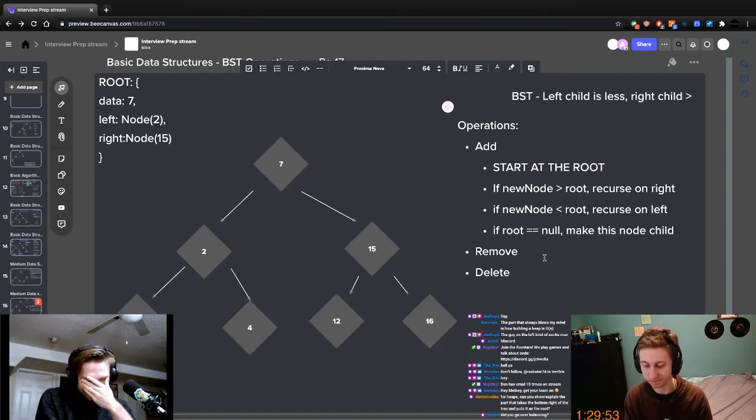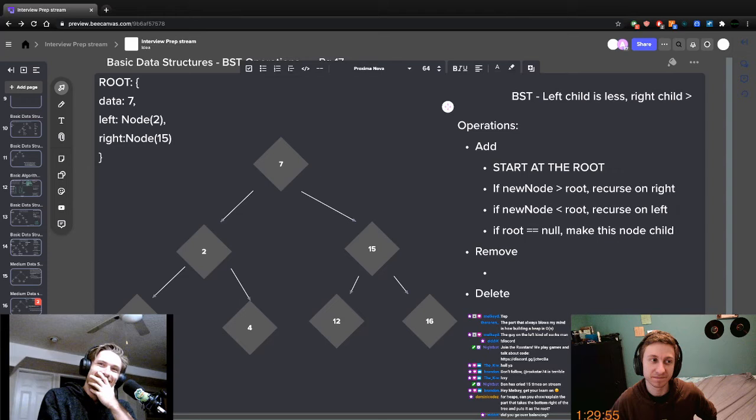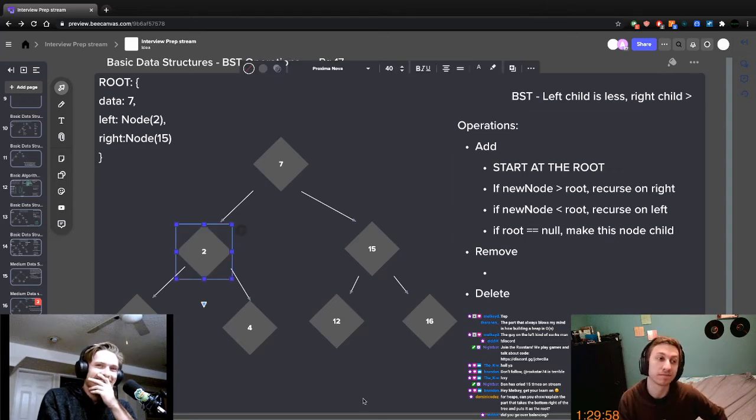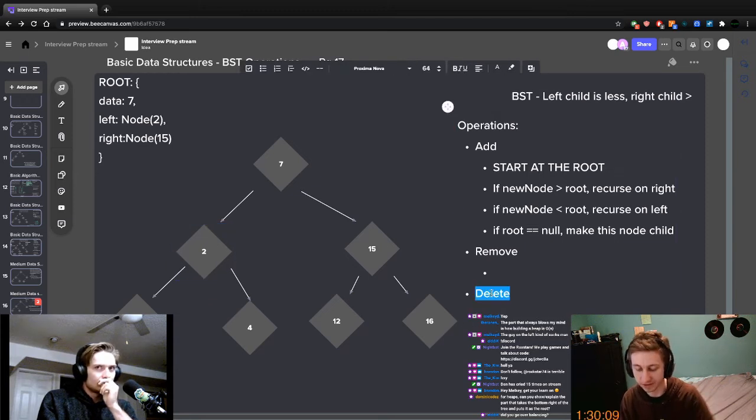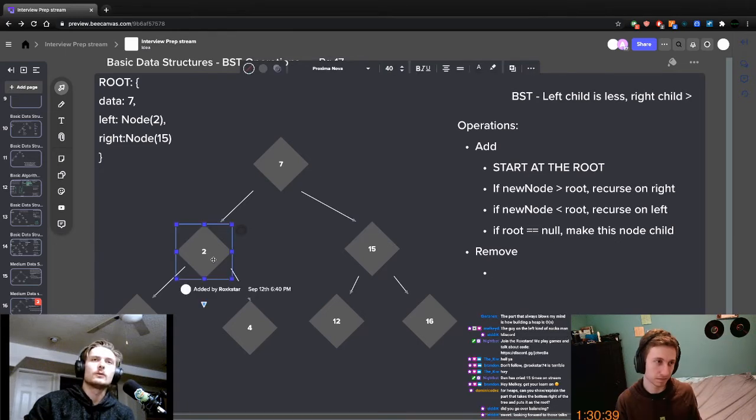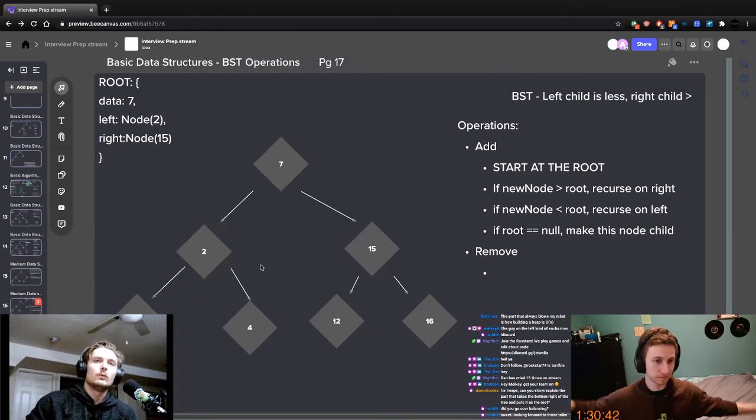Now, removal. A little more complicated. I want to take 2 out of the tree. What is the difference between removal and delete? Nothing. What I'd basically do, if you want to remove 2, is compare the value of 2 to the value of node.data. If it matches, then